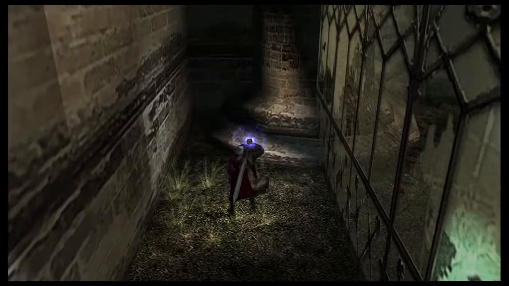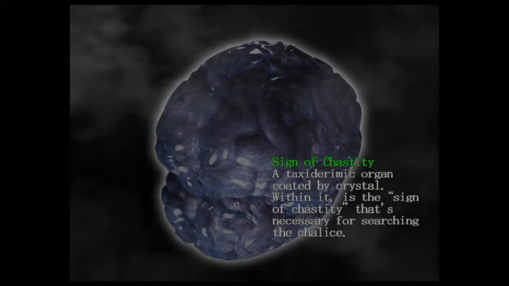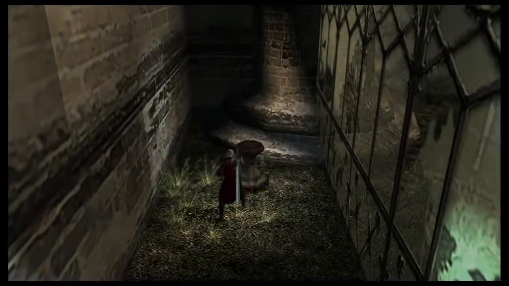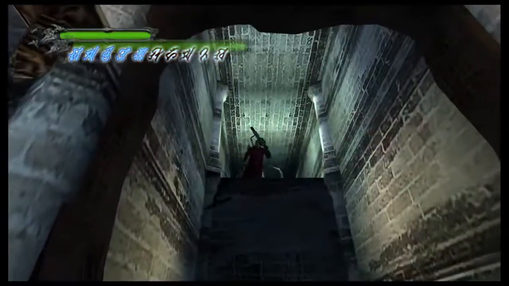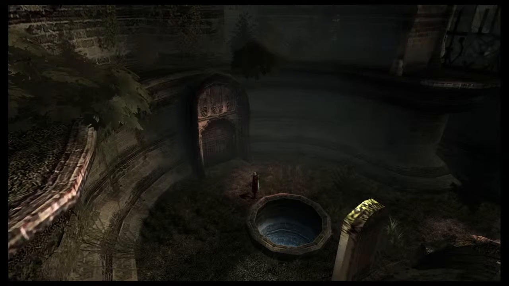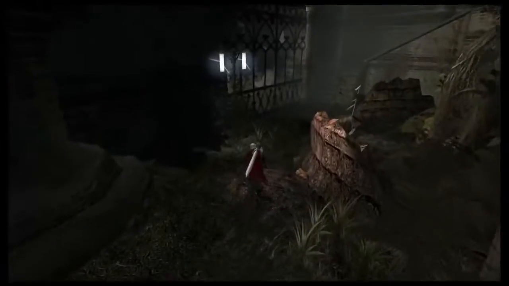Forgot, it's the Philosopher's Stone, alchemy thing, sign of chastity, a taxidermic organ coated by crystal within it. It is the sign of chastity that's necessary for searching the chalice. Alright, well the chalice is through one of those two doors back on the surface, which you can go through either. It's just top level or bottom level, it really doesn't matter. You don't need to go to the top level until after you've already done everything with the chalice and the second Sparta fight, so